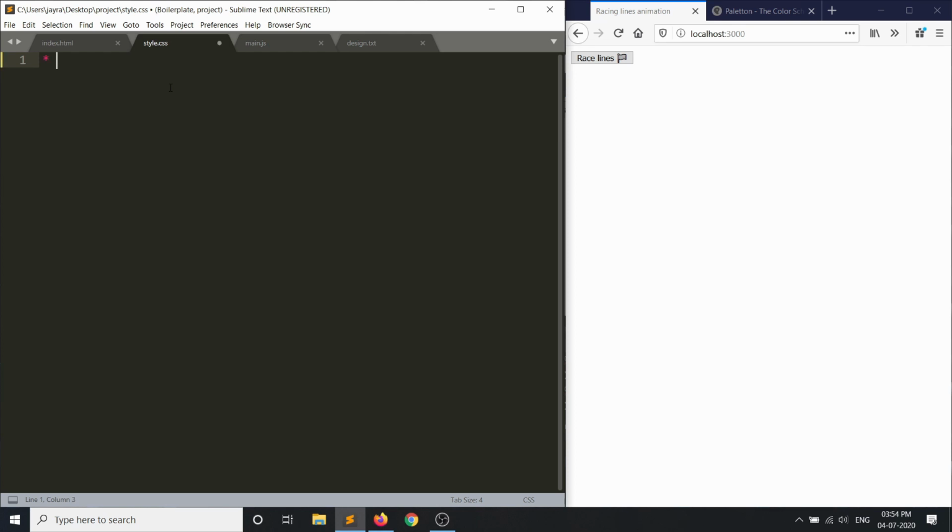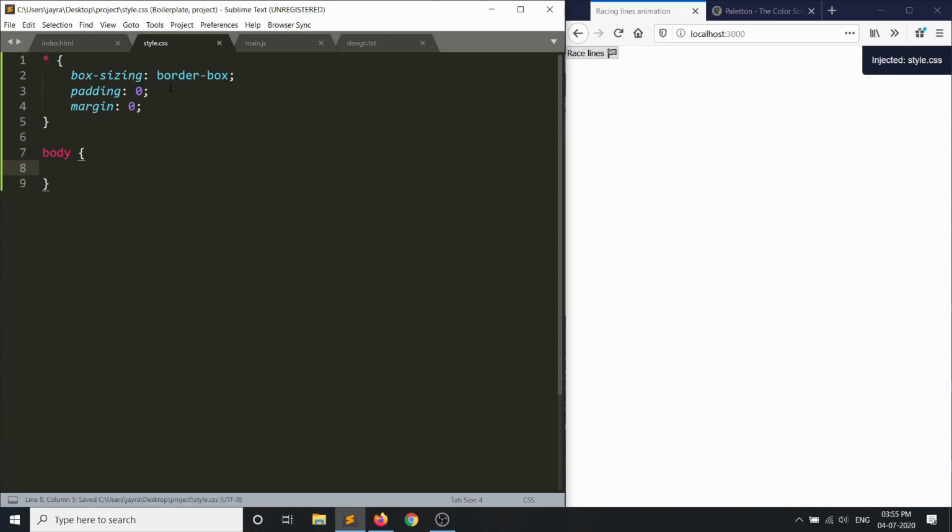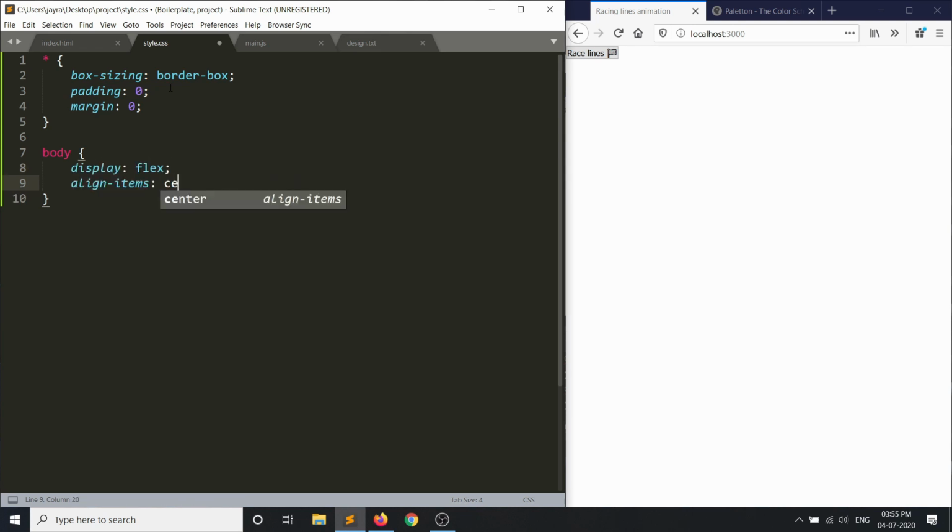We'll do all our basic initial styling first. So for that we'll do box sizing border box, padding 0, margin 0. Okay, let's start with our body. Again, let's make it a flex element: display flex, align items center, justify content center.